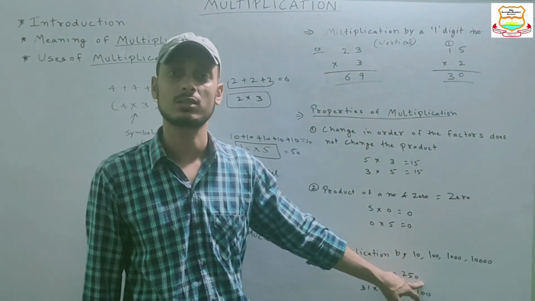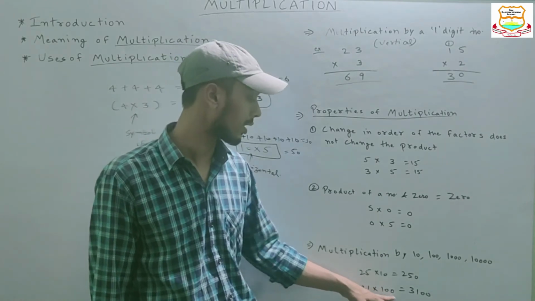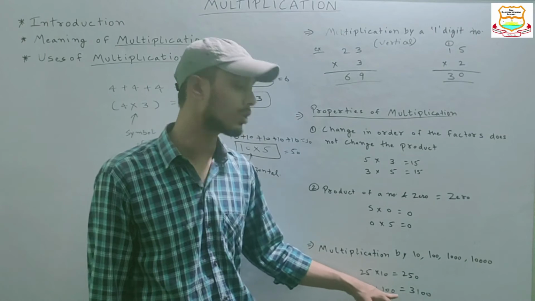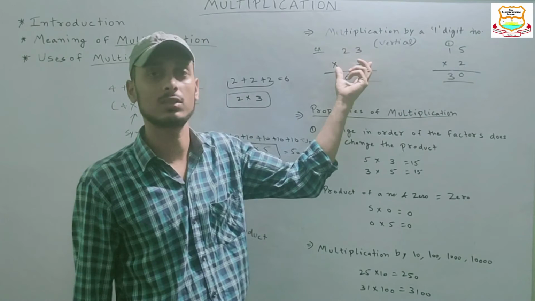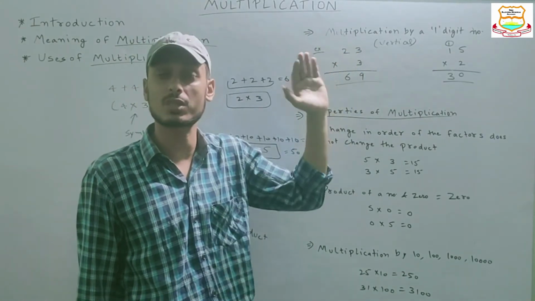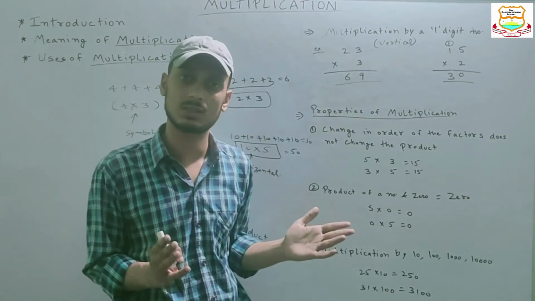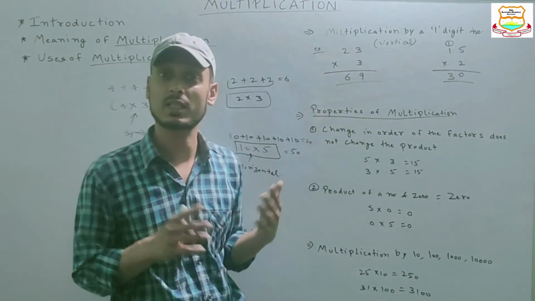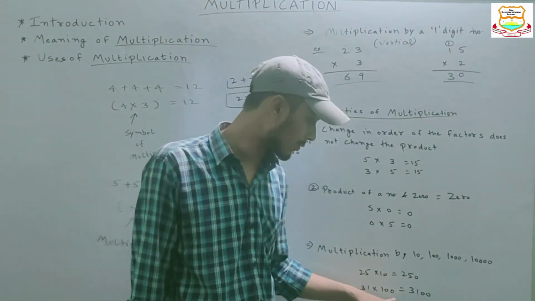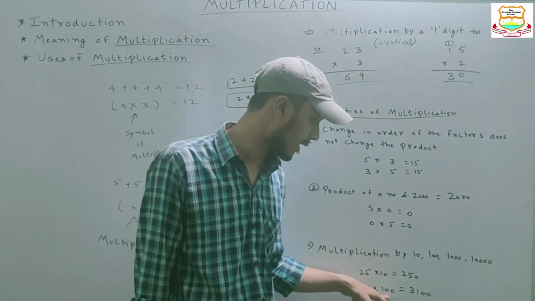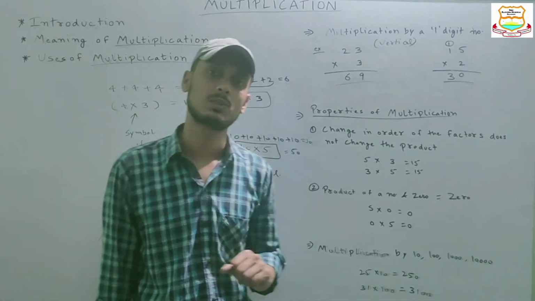How simple it is. Let us see another example. Suppose we want to multiply 31 by 100. 31 into 100. Then we don't need to multiply by such a method. Yes, of course the answer will come the same, but it will become a tedious job. It will become hard work. You need to multiply. It will take time. But directly write down 31 and after that count the number of zeros in the multiplier and put that number of zeros. The answer will be that.